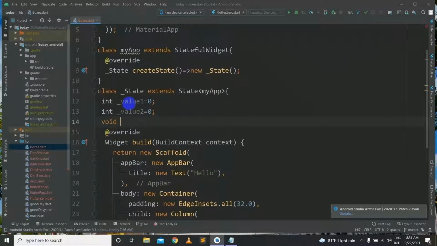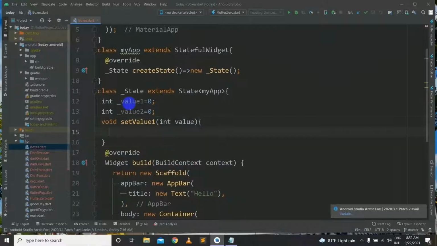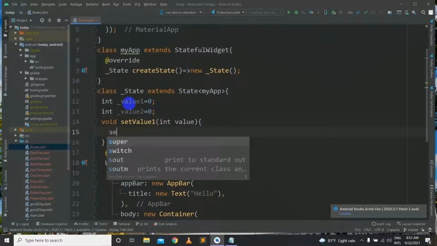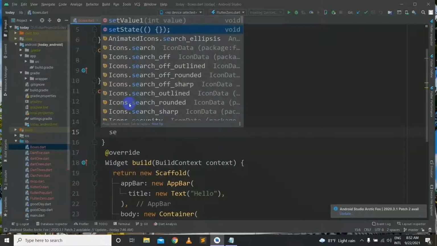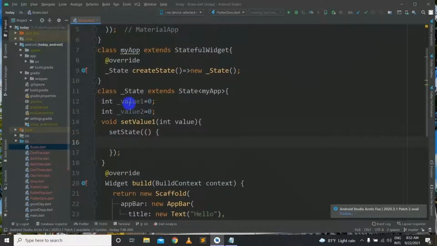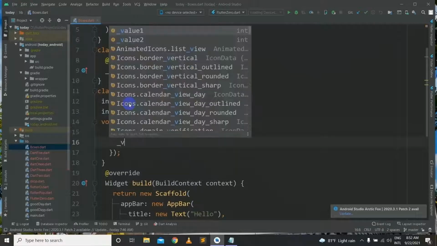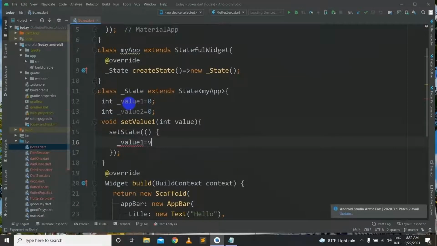Void setValue1, and inside it we will have int value, and inside the setValue1 method we will have a setState. Inside the setState we will have _value1 become equal to value, like this.